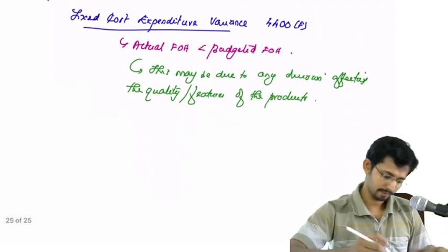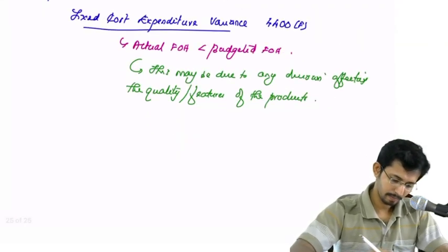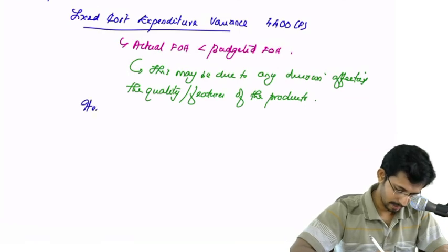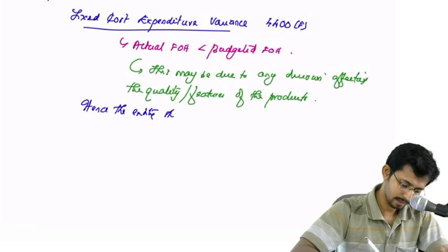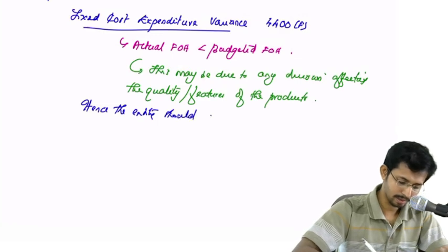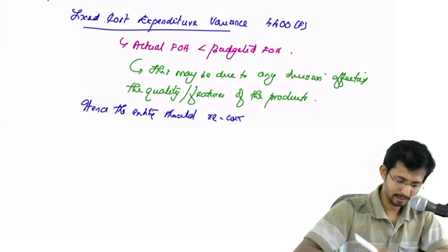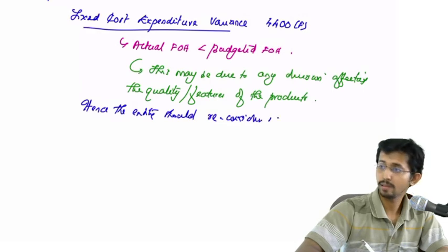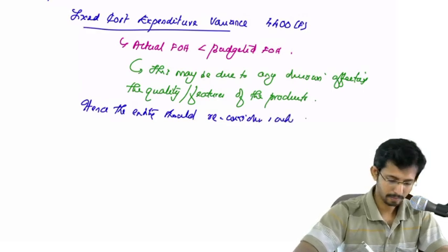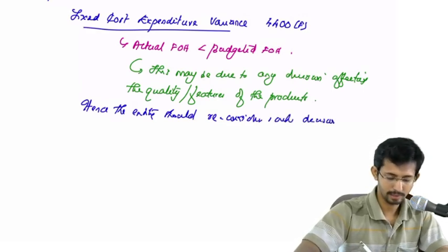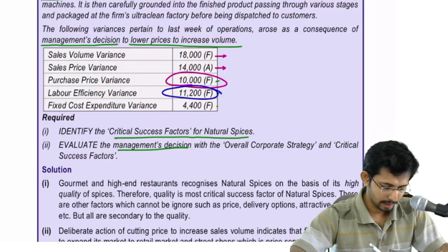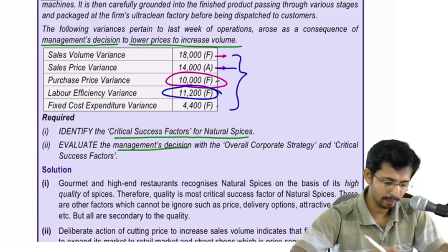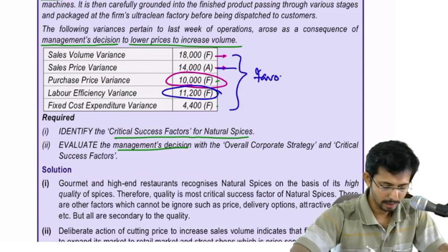Okay, hence the entity should reconsider such decisions. Okay, so even though except for the sales price variance, all other variances are favorable, the company will